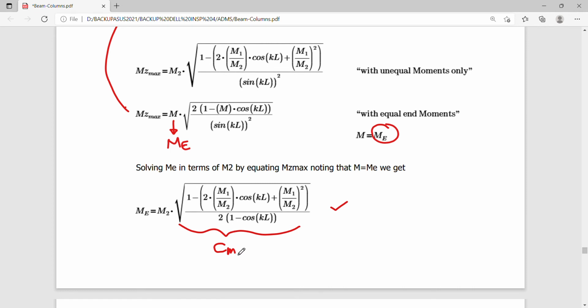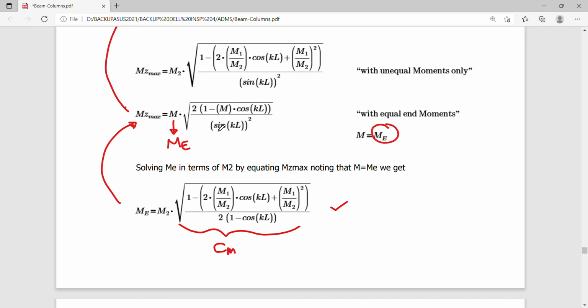Okay, so Cm is rather a factor that simply converts your maximum end moment to an equivalent moment, okay, to represent this equation